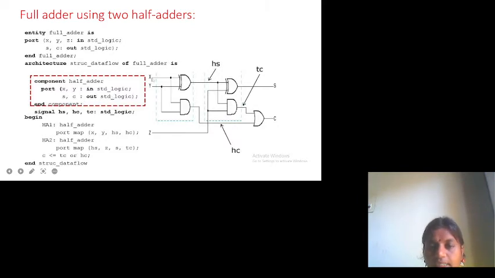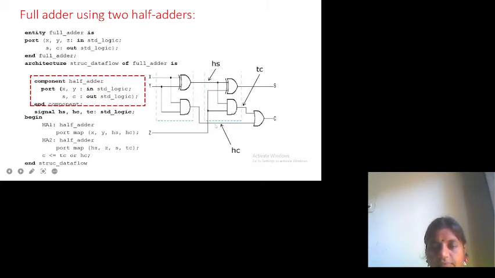Now check your design for any intermediate signals. Within the design I have represented HS as an intermediate signal, where the output of the first half adder acts as an input port to the second half adder. TC is the carry of the second half adder, given as input to the OR gate.